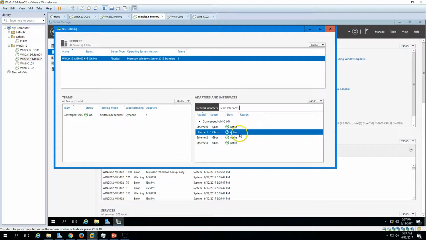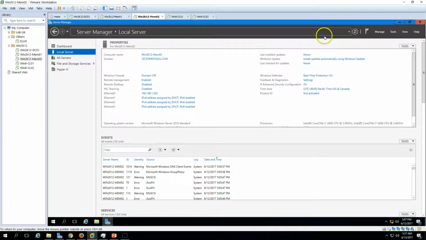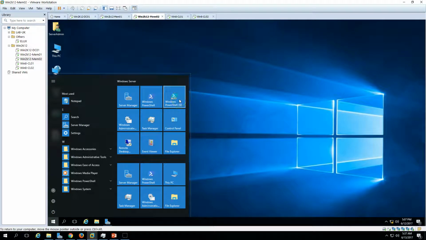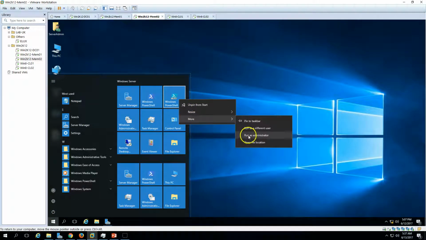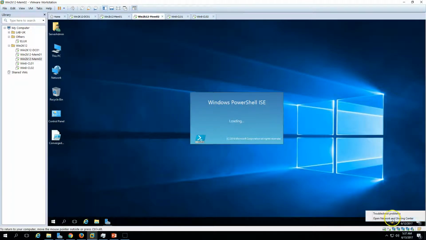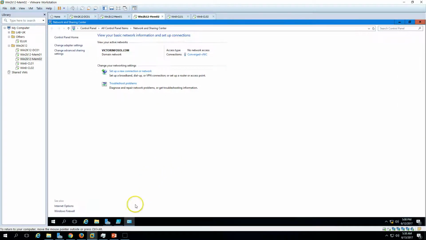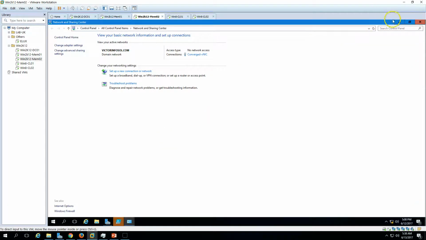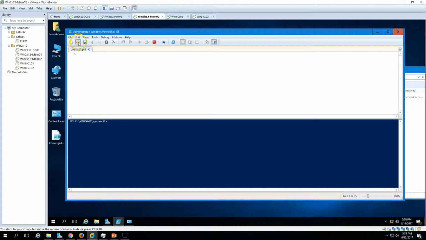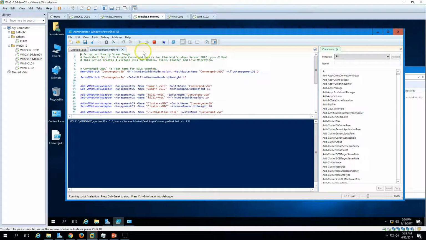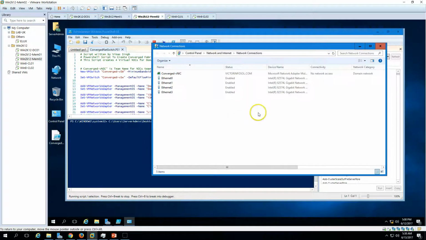So now all the 4 NICs are active and the status is okay, so go ahead and close this. And now we can go ahead and run the script to create a hyperconverged network here. So go to PowerShell and run ISE as admin, and make sure you are. For now you can see we have only this team, so I want to go here and run the script. At desktop everything seems fine, just click on run,